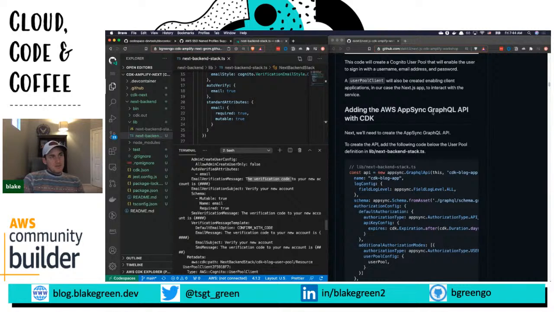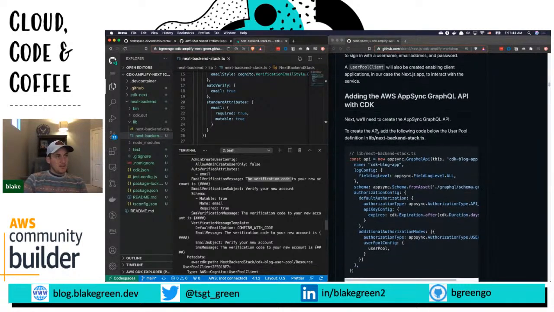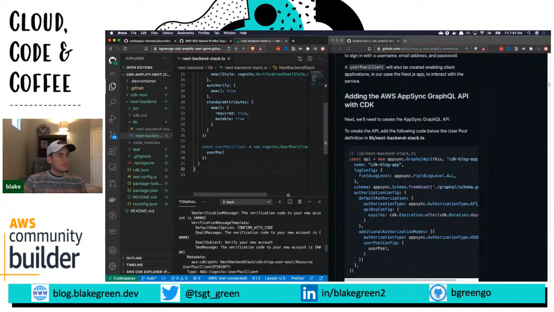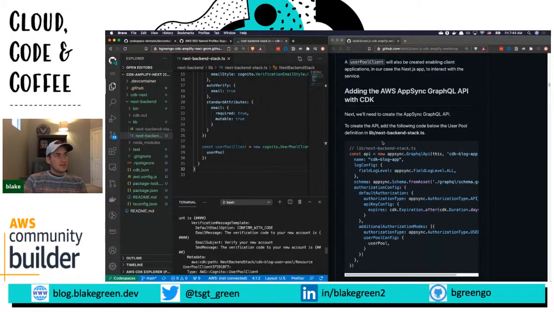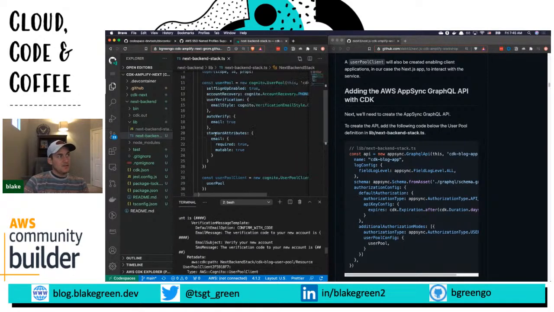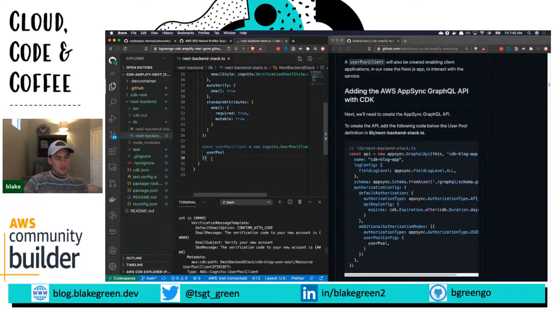Adding the AWS AppSync GraphQL API with CDK. All right. So next we'll need to create the AppSync GraphQL API. To create the API, add the following code to the user pool definition in the lib. Okay, so we're in the right file now. So we're just going to append this here,